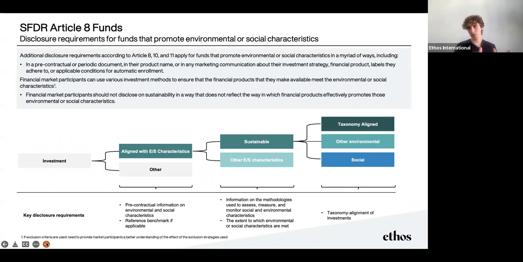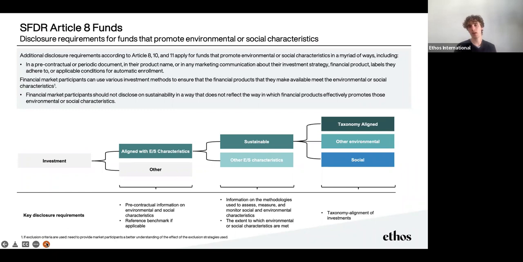Furthermore, you can also classify a portion of the fund as sustainable investments. These are investments that are directly aligned with the EU taxonomy. So it could be 20% of your fund that is completely aligned with the EU taxonomy, and then you have 80% of your fund that simply addresses the environmental and social characteristics you have set, which are a bit more loose, and where you can decide for yourself which types of characteristics you want